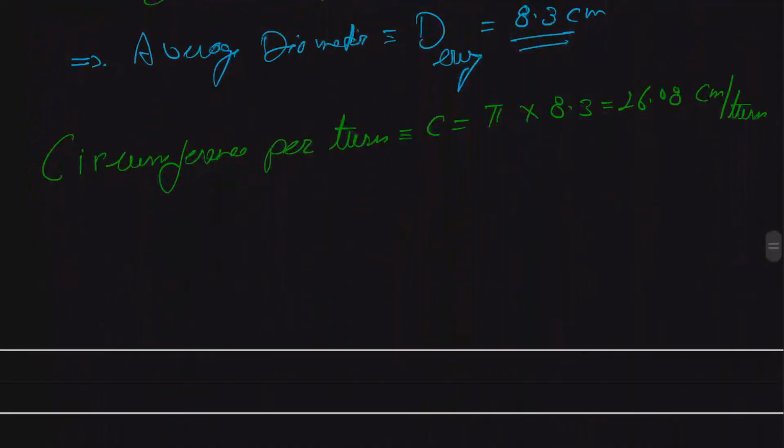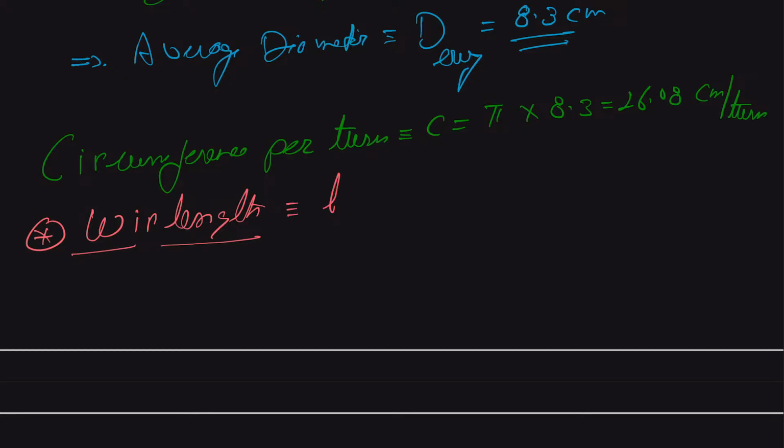And for that we are going to use our number of turns as well as layers and per layer. Therefore, we can say that the wire length, suppose that is given as our L total,